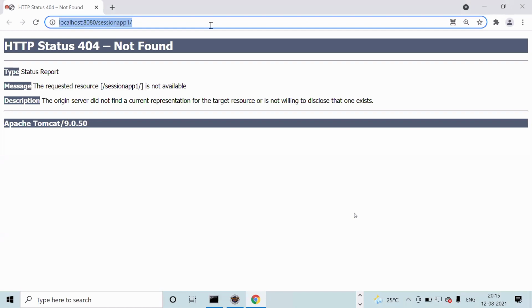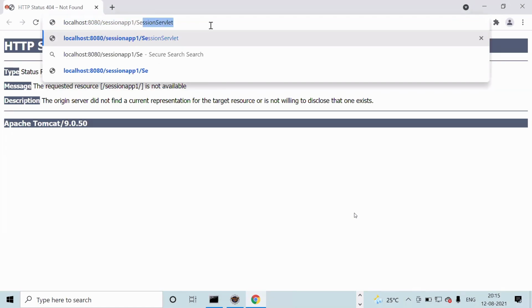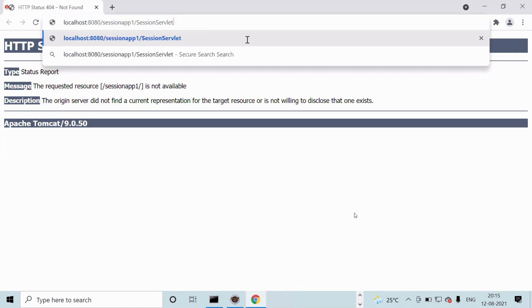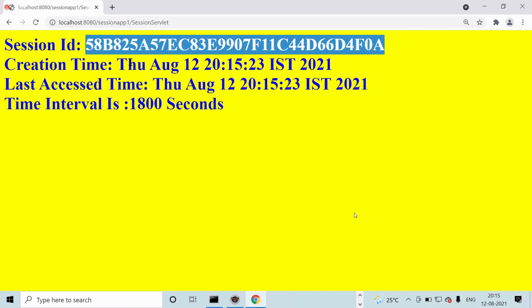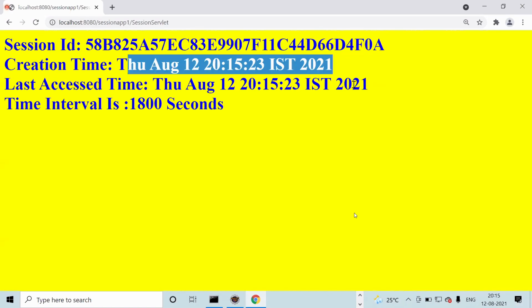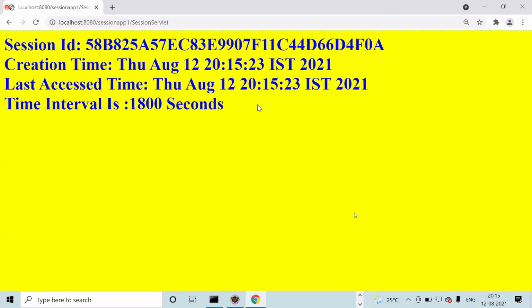Now here session servlet. This is session ID created. Here when it is created, when it is last accessed, how much time period is by default 1800 seconds. If you want to change, you can change.